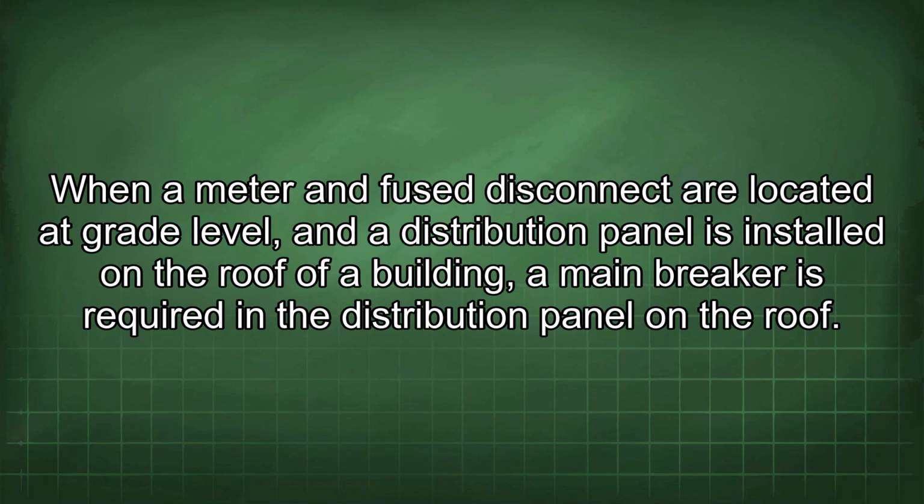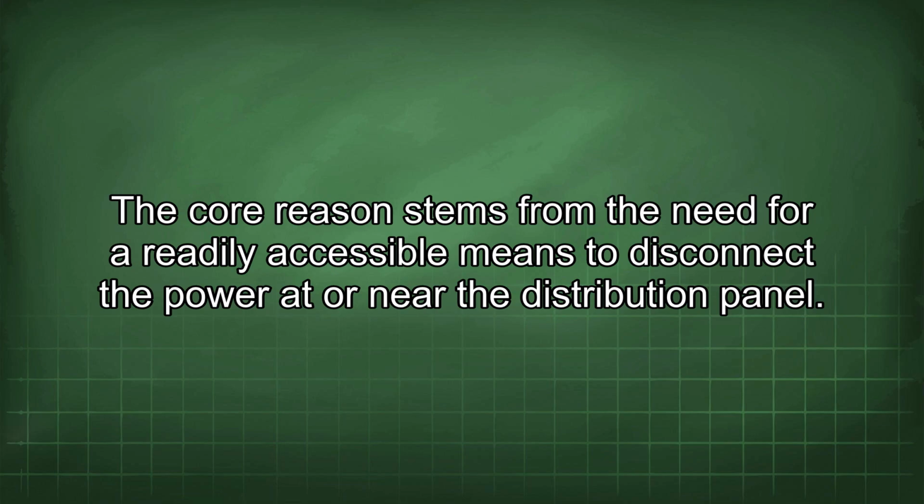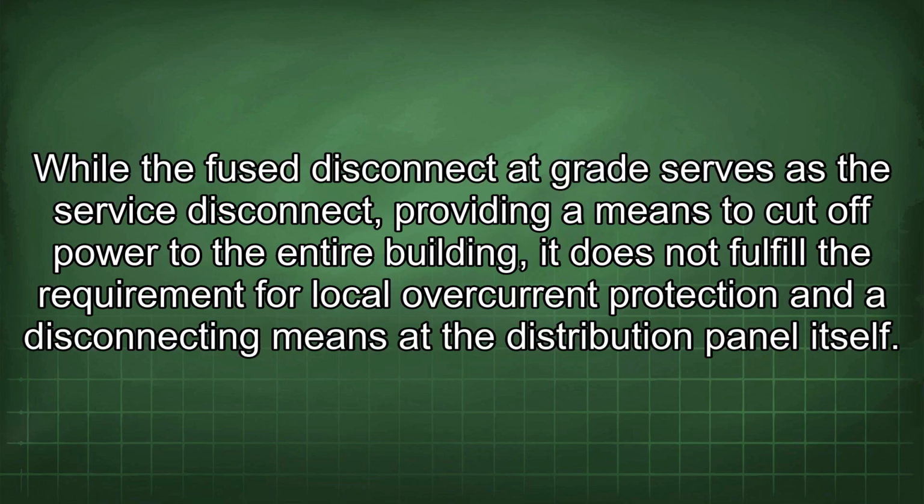When a meter and fuse disconnect are located at grade level and a distribution panel is installed on the roof of a building, a main breaker is required in the distribution panel on the roof. The core reason stems from the need for a readily accessible means to disconnect the power at or near the distribution panel. While the fuse disconnect at grade serves as the service disconnect, providing a means to cut off power